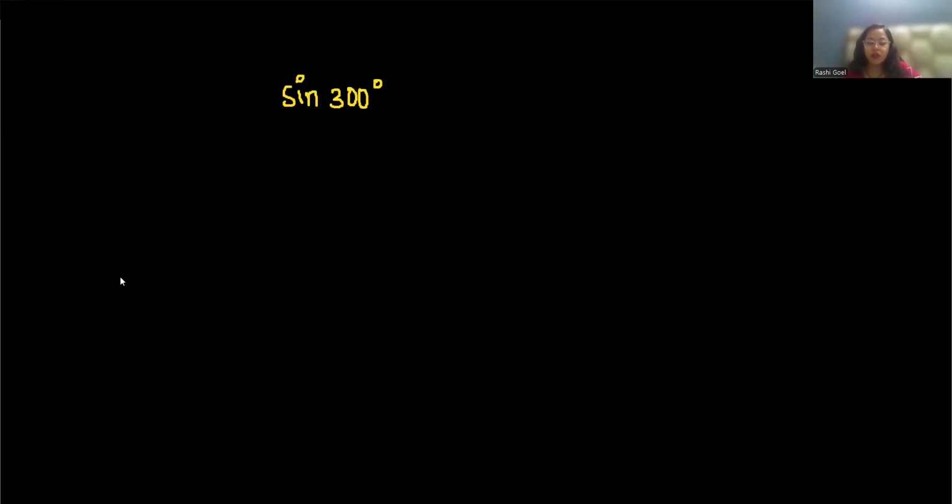Sine 300 degree looks hard, but here's the easiest trick. So we are asked to find sine 300 degree. So I'm going to use the quadrant for angles in the fourth quadrant. So sine 360 degree minus theta is equal to minus sine theta. So for sine 300 degree,